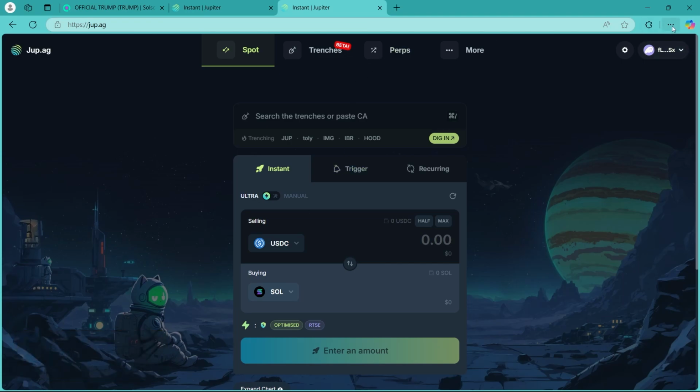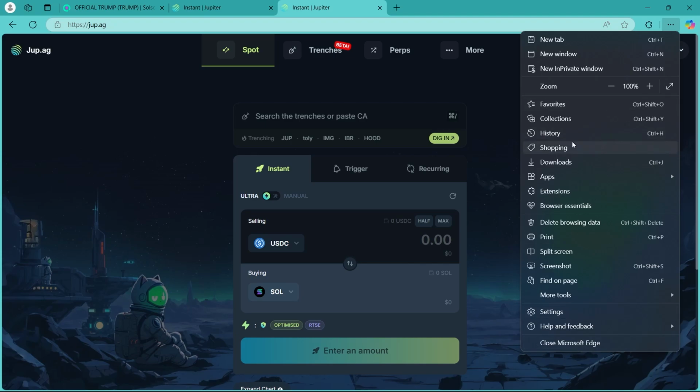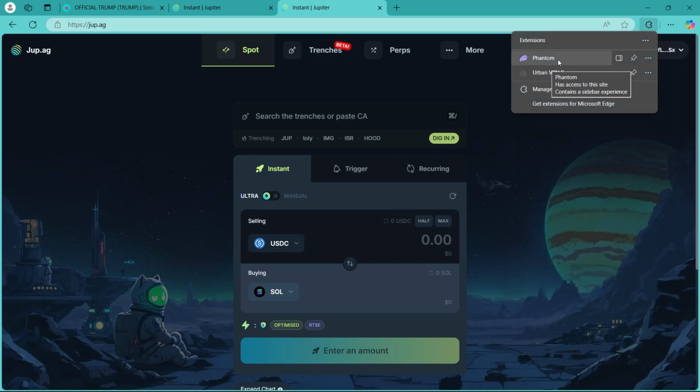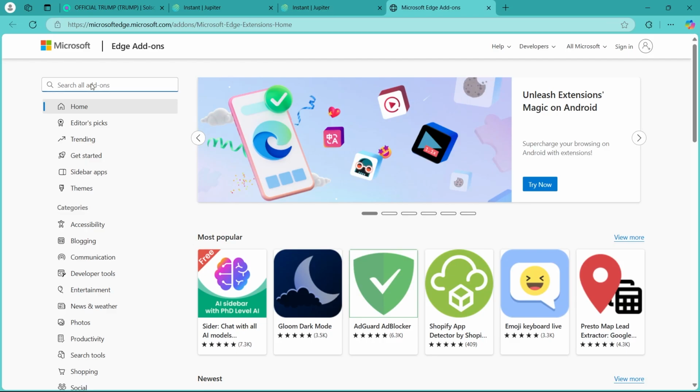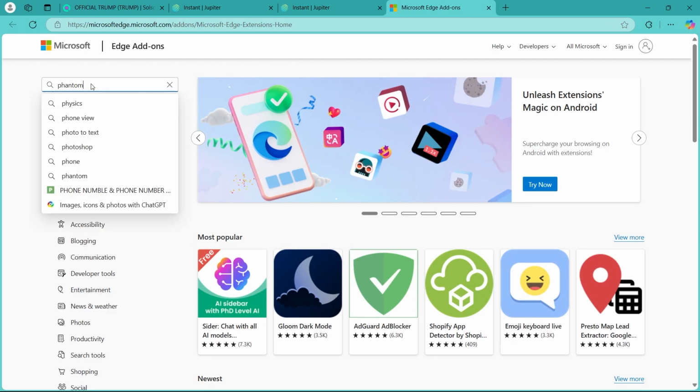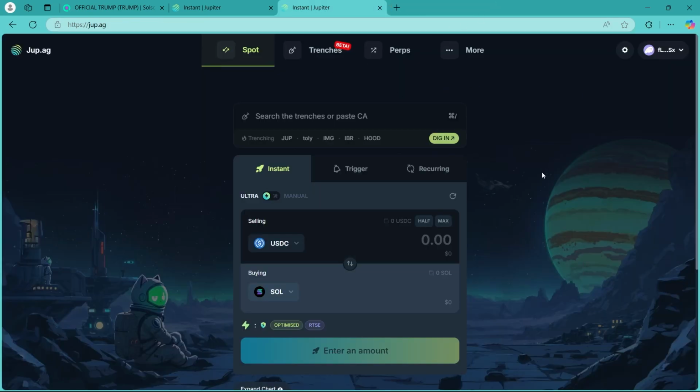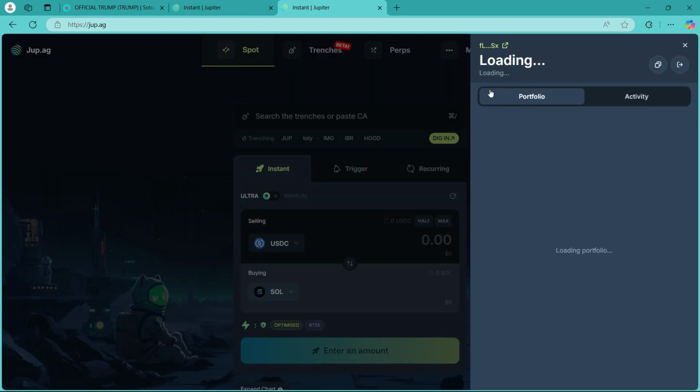You'll have to also make sure that you have installed Phantom wallet extension. In order to do that, click on three-dotted icon. Now from this, simply choose extensions and you can see I have installed Phantom Wallet. In order to install it, simply click on get extensions for Microsoft Edge and here you'll have to search for Phantom. So install Phantom Wallet from this page